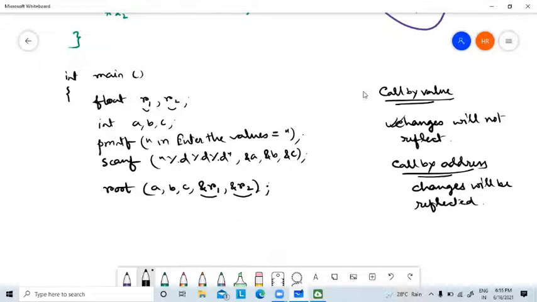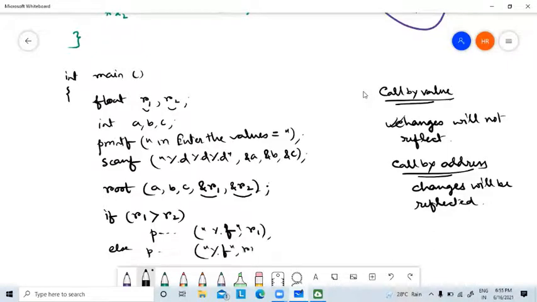So now what is the next? If r1 greater than r2, printf %f r1, else printf %f r2. So this is your whole program.